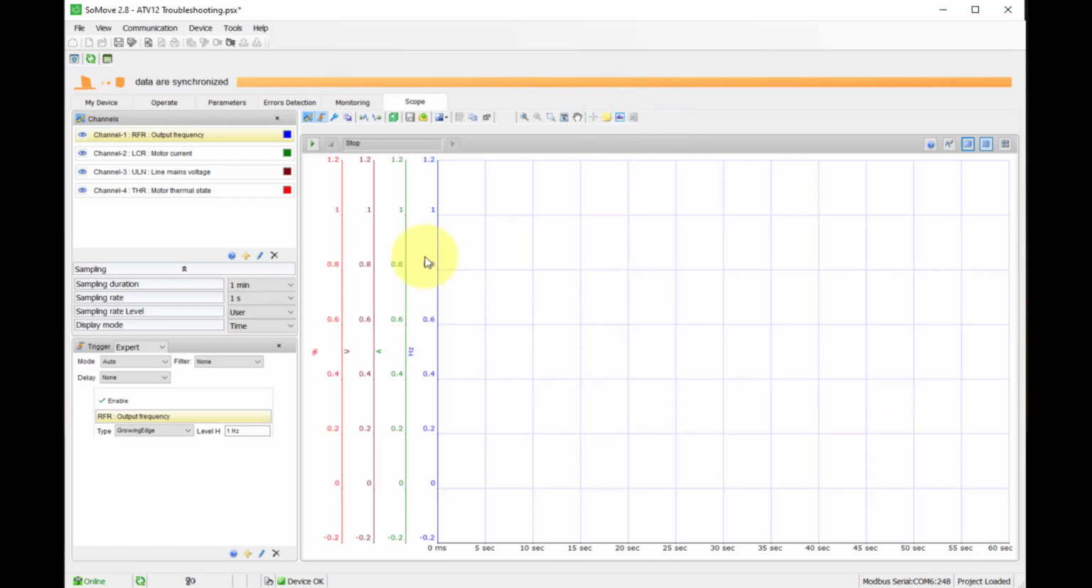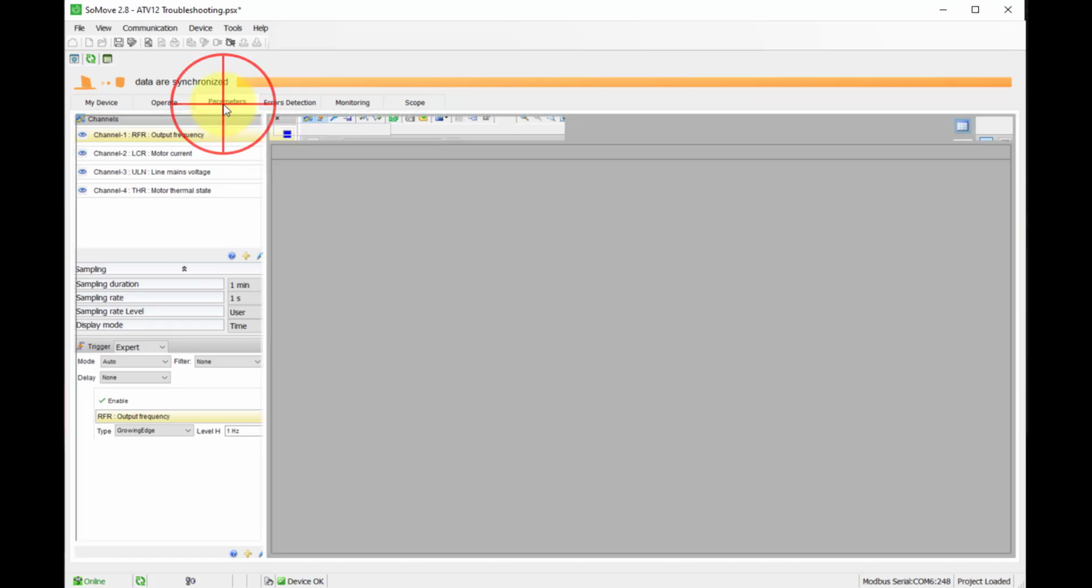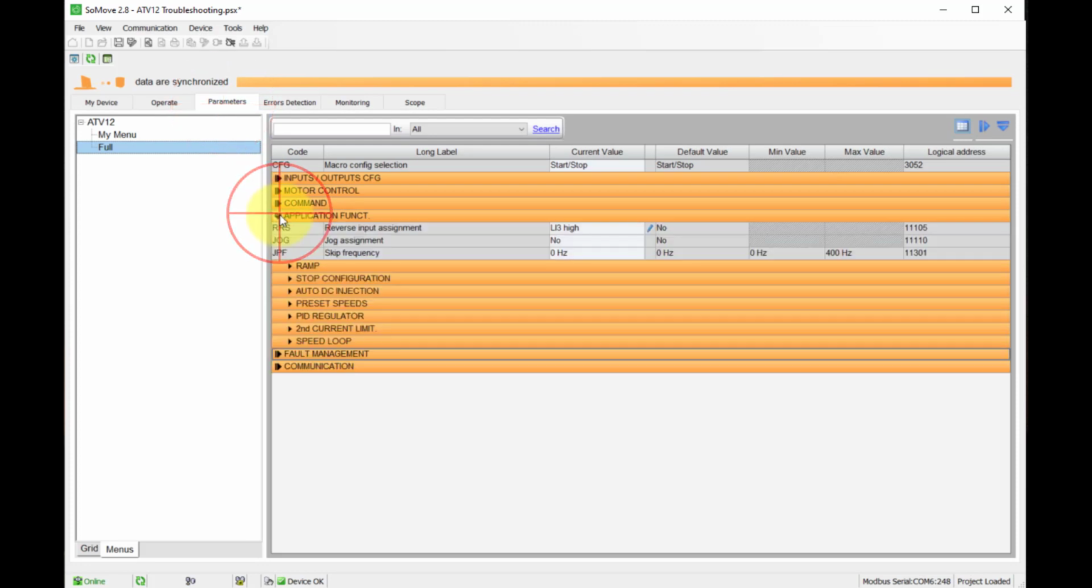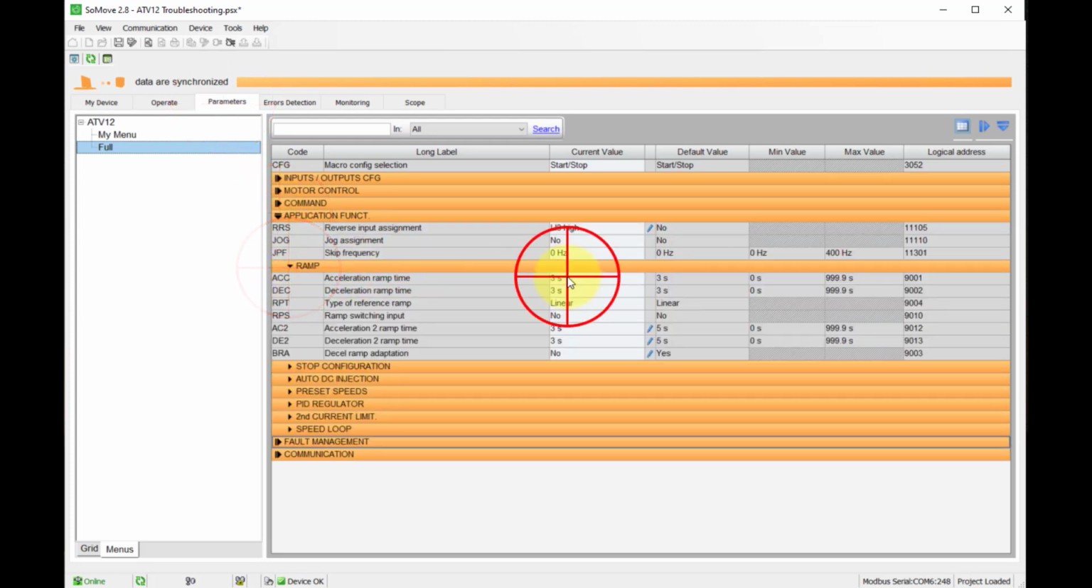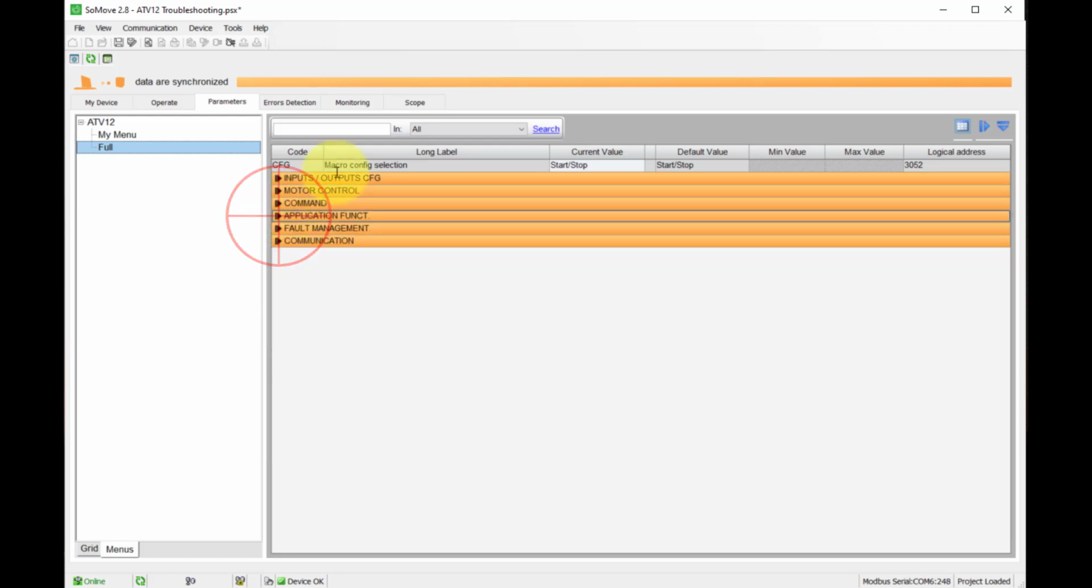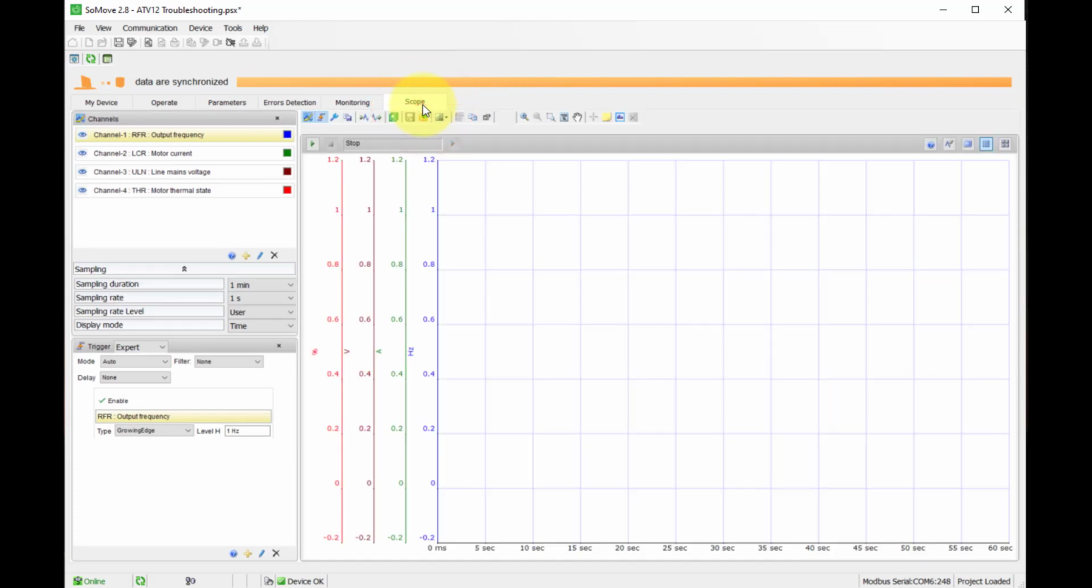screen. Now what I'm going to do is I'm going to set up a bit more acceleration so we can view the current and the frequency scaling together. I'll set this for 10 seconds, and I'll set the decel for 10 seconds also. So I've changed the ramp. I'll go back to scope, and I'm going to hit the play button